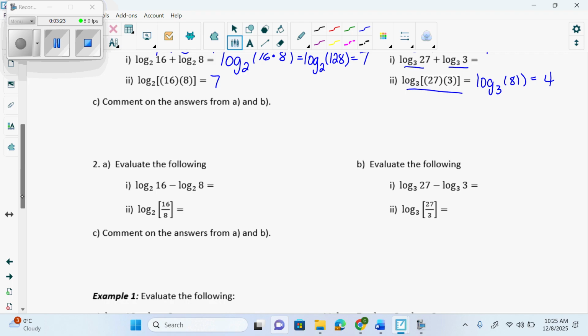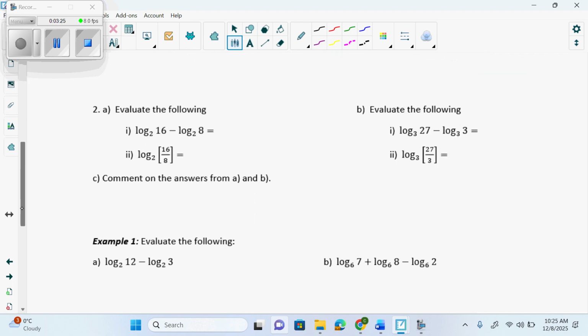So let's talk about the subtraction ones. Subtraction and divide. I want to explain to you what your calculator is doing when you're typing that log in, because I don't need my calculator in order to answer these. Because I know what the calculator is doing. When you type in log base 2 of 16, it's giving you an answer of 4. The reason why that is what it's doing every time you type log in, everyone listening, is it's saying 2 to what power